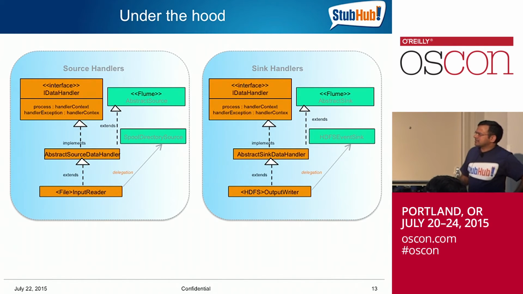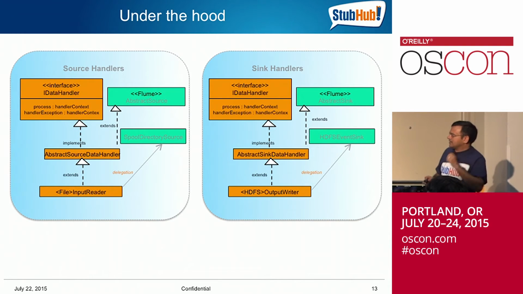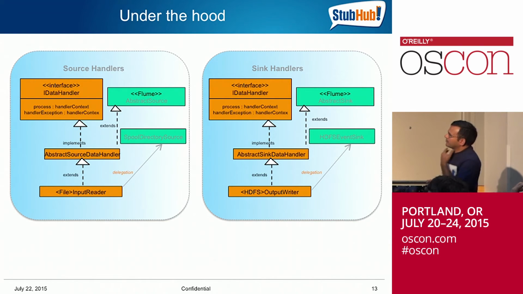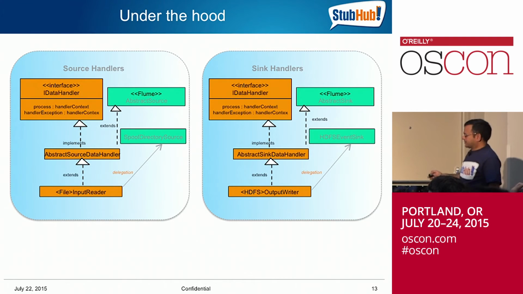So let's go a bit more technical under the hood. If you peel back, how do we actually leverage that, right? Again, apologies for the color coding here. It may not be quite clear, but I'll try to see what I can do. Many of you who have used Flume may be familiar with this. The green color here is the existing code from Flume that you may have. We have interfaces for what are called sources and sinks in Flume, those of you that are familiar with it. And then there are abstract classes that come out of Flume that give you different types of sources.